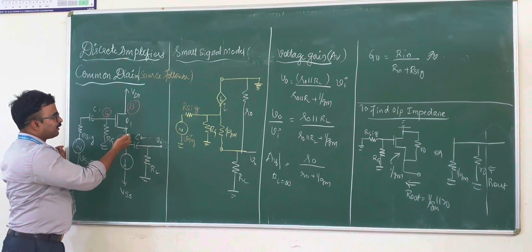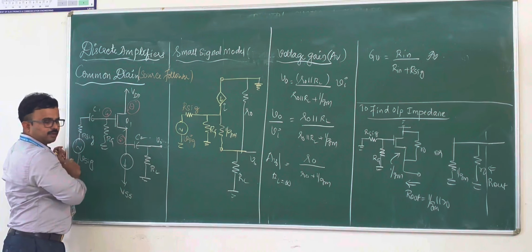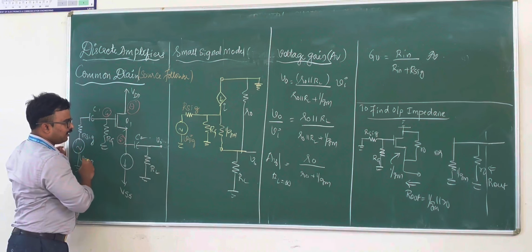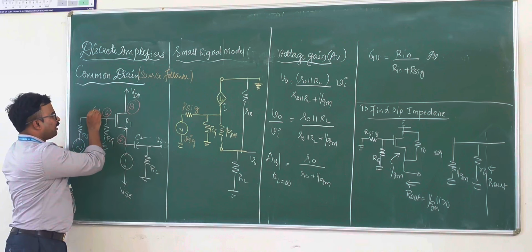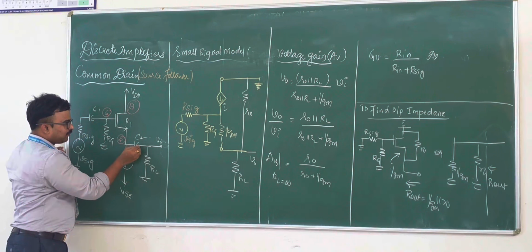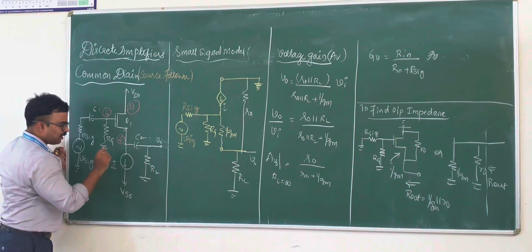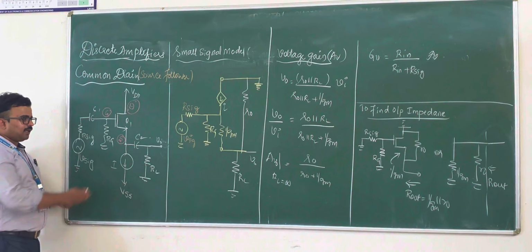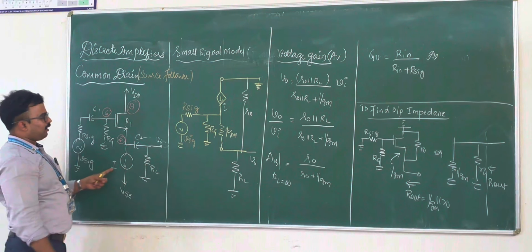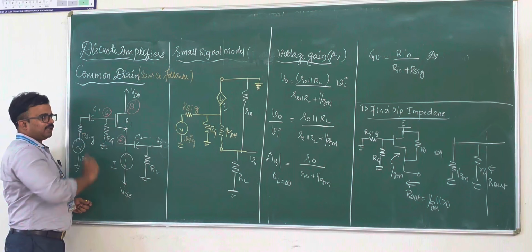When you compare with the previous circuit, input is given at the gate terminal, output is taken at the source terminal. So when you are giving input, you require C1 and C2 coupling capacitors for input and output. And this current source I is used for biasing purpose, and there is no requirement for the bypass capacitor, and RG should be connected for biasing purpose.